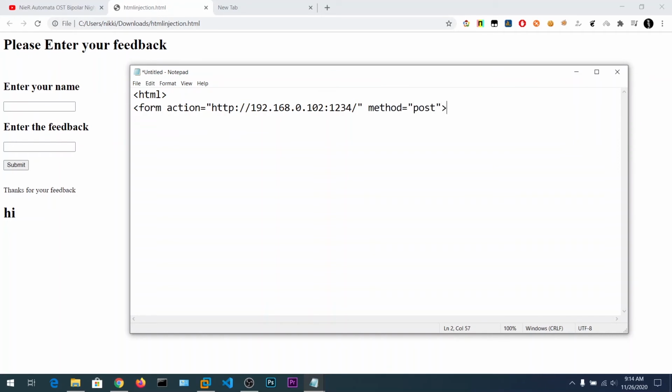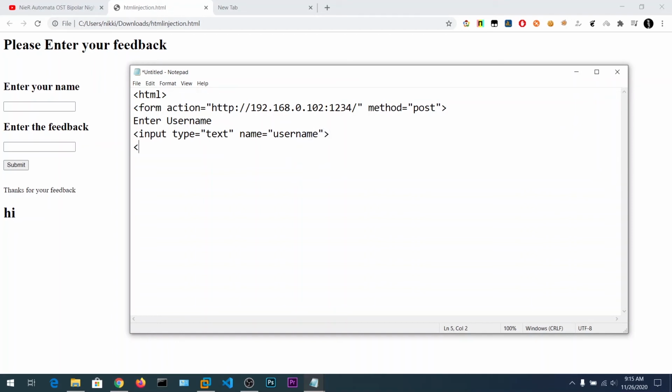Now we are going to say enter username and password. Now type the input boxes, type is equal to text. We need to name this variable username, so that on the Kali Linux side we can understand this is a username field.